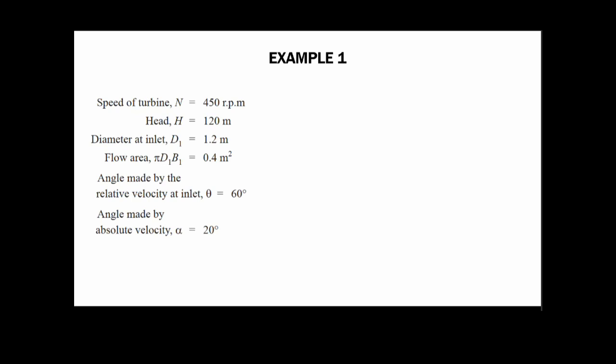and flow area, which can be calculated by pi d1 b1, is equal to 0.4 meter squared, and the angle made by the relative velocity at inlet is theta equals 60 degrees, and angle made by absolute velocity alpha is equal to 20 degrees. So these are informations that we can extract from the question,